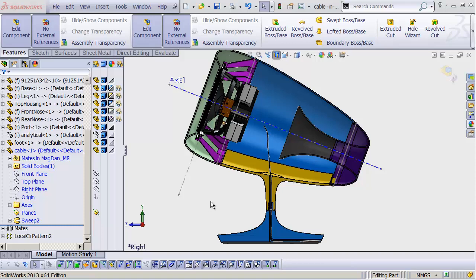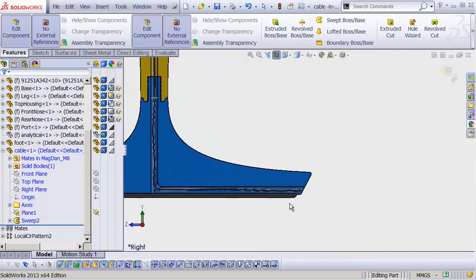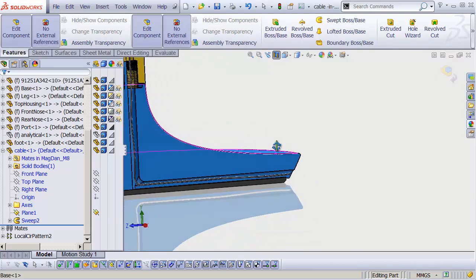At one point or another, just about every industrial designer wants to create a cable that comes out the back of a product and then kind of coils up in the back. And this is really fun and easy to do. And in CAD, it can be difficult, but SolidWorks gives us some tools that actually make it kind of a